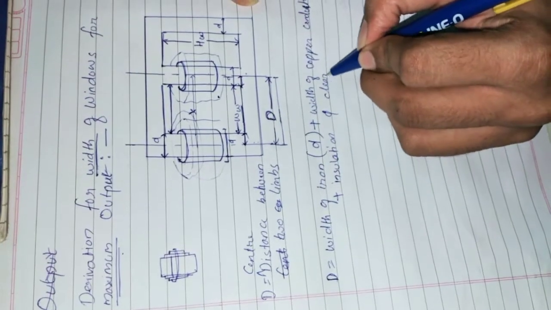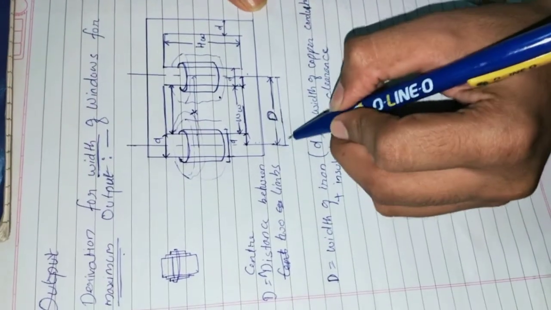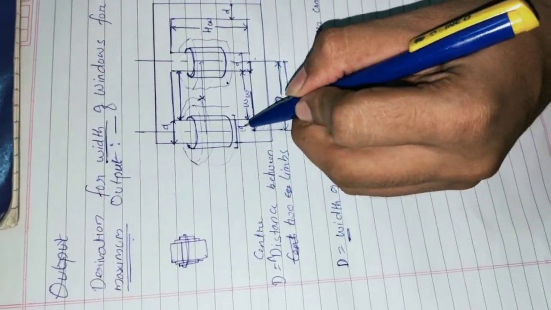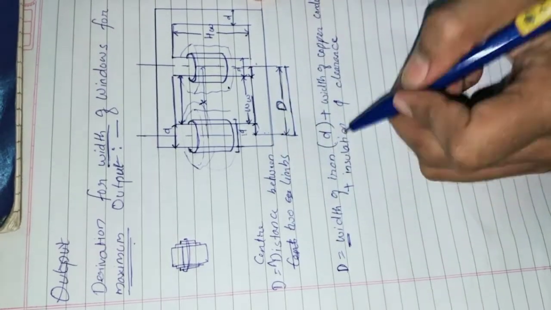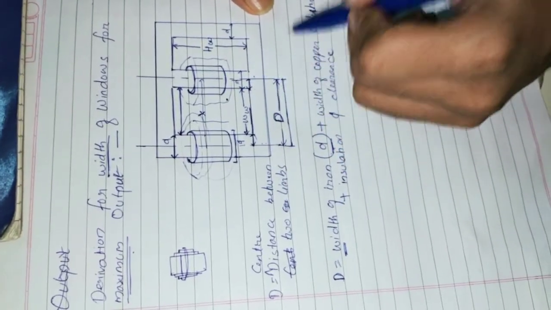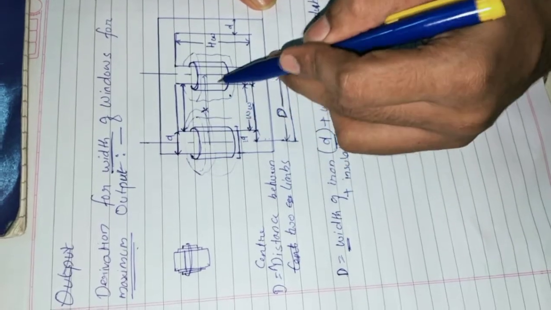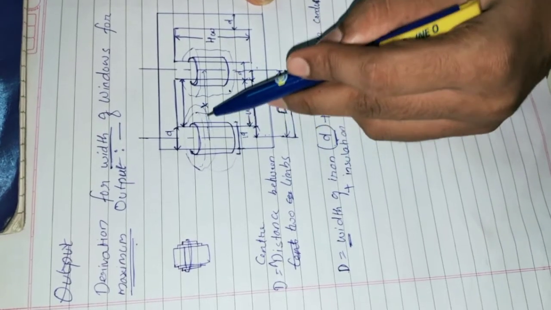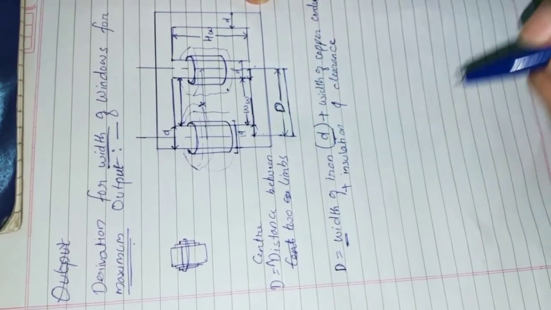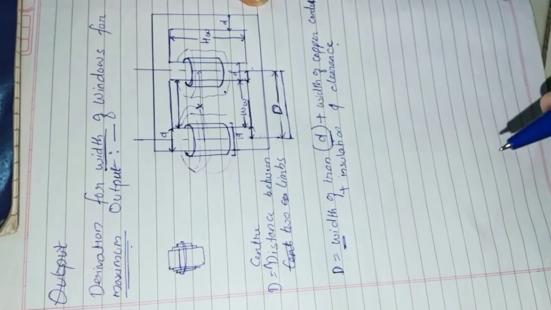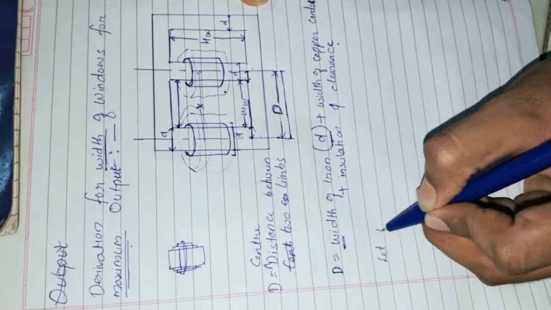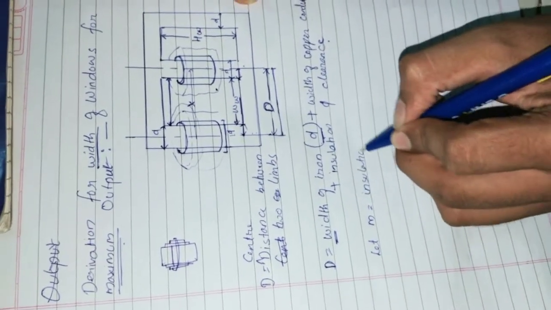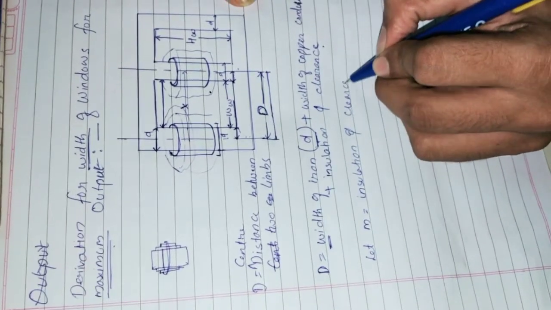and clearance. So what things is this D made of? One, width of iron, we have taken half of D, that means one complete D. Okay, width of copper, where does this come from? The half portion of both windings, so width of copper area. Then copper is there, iron is there, it will have some insulation, some clearance here. So that all comes under insulation and clearance. Now we will take, let M be the insulation and clearance part.